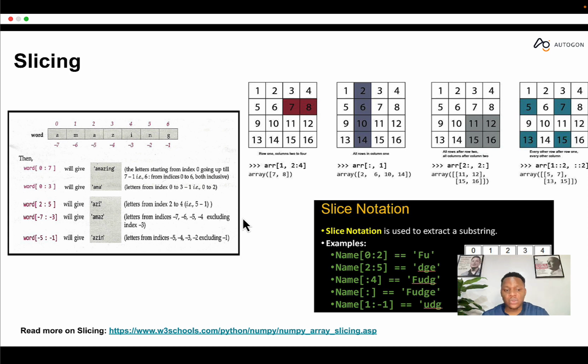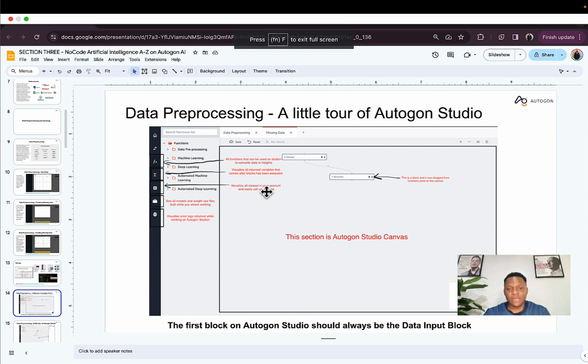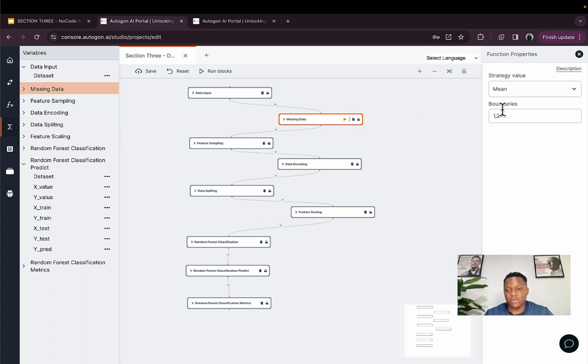Great. So to study more on slicing, this is a link that's going to help you more with your slicing knowledge. Beautiful. Okay, so I'll take you back to the studio environment. And every single place we used boundaries, we can do the alternative by using slicing. So now if you look at missing data,